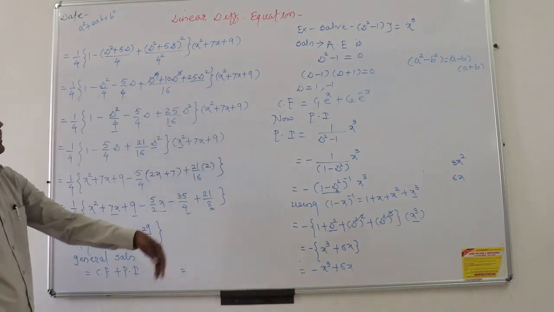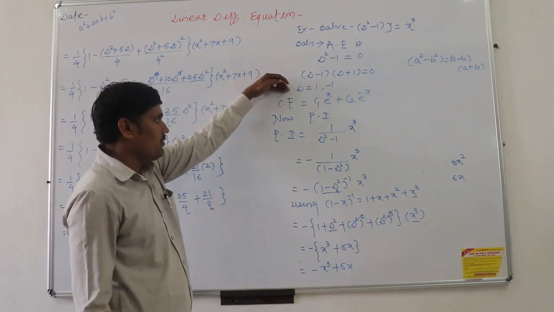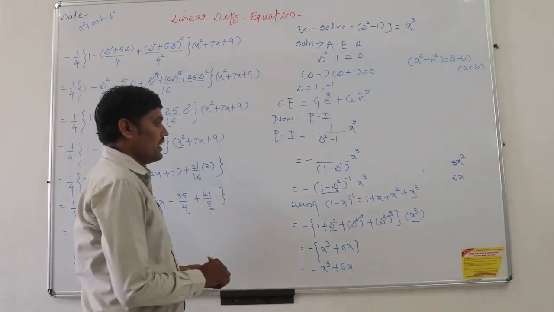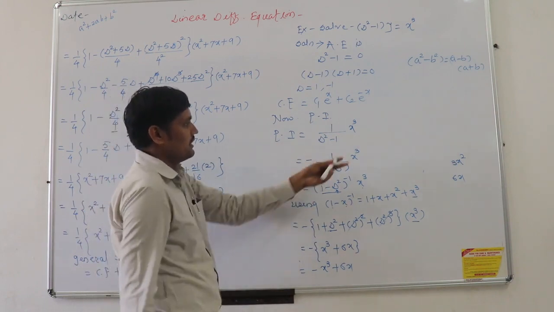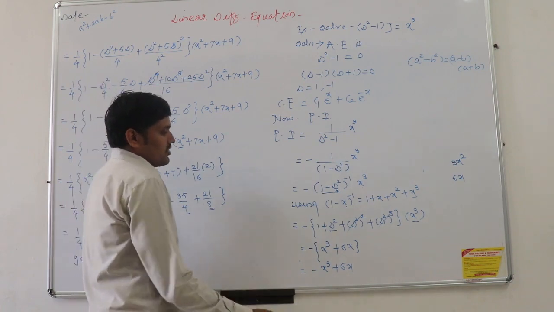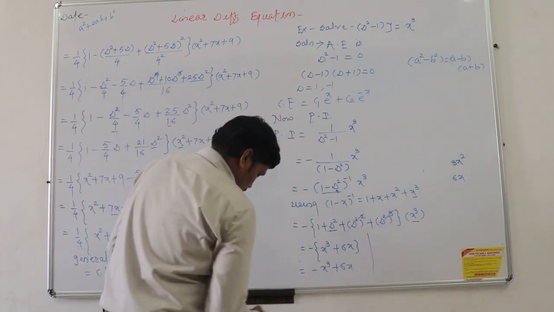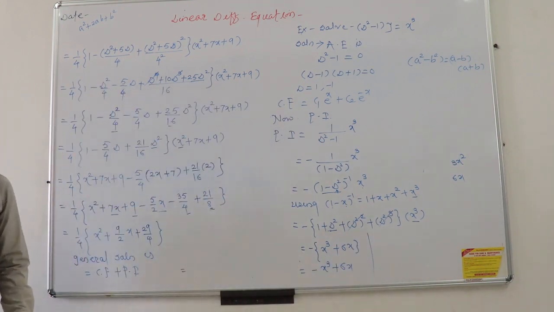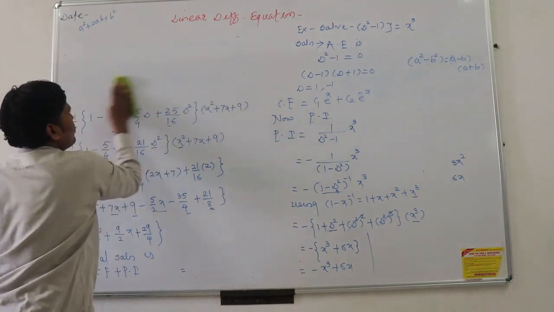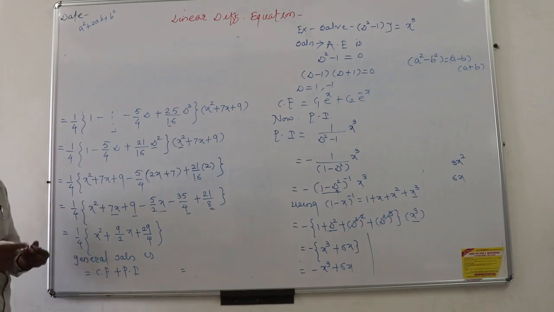This is the particular integral. So in the first part we found the complementary function by using the auxiliary equation. In the second part we found the particular integral by using case number 3 as it is an algebraic function. So this is the particular integral. Then finally write down the general solution. The general solution is equal to the complementary function plus the particular integral. This is our final answer or solution of the given equation.